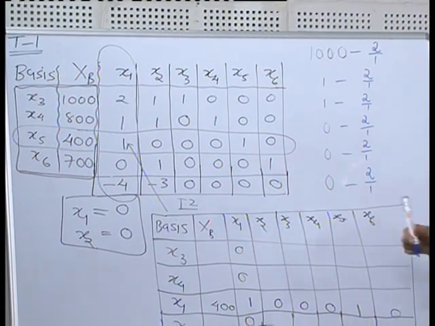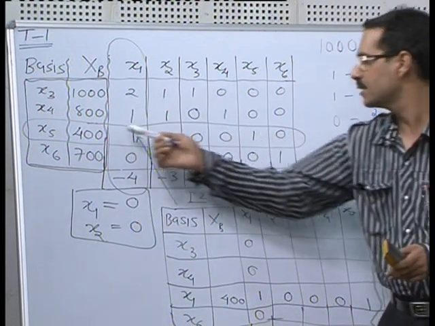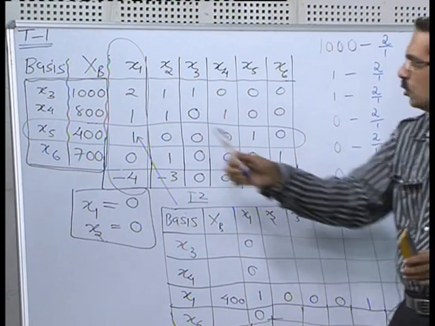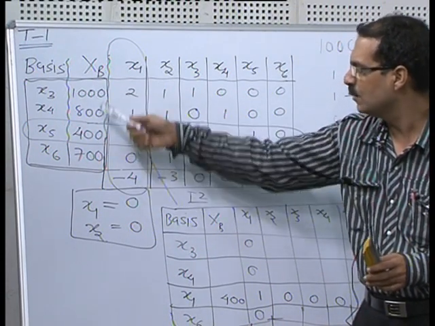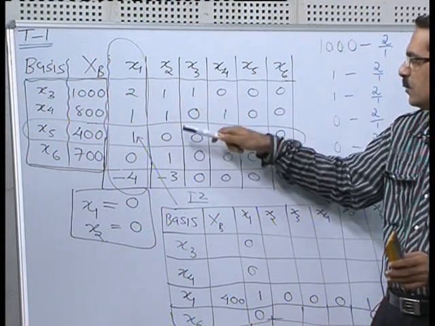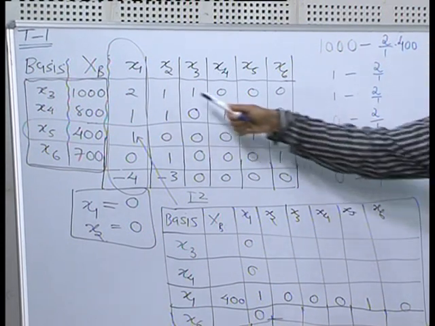Okay. Now, we had a special row, it was selected in the first table. This special row's coefficients will be considered. So, look at this 1000. 1000's corresponding element is 400 because it is lying in the same column. So, for 1000 the corresponding element will be 400, for 1 the corresponding element will be 0. So, it is multiplied by that corresponding element. For 1000 it is 400, okay. For 1 it is 0.